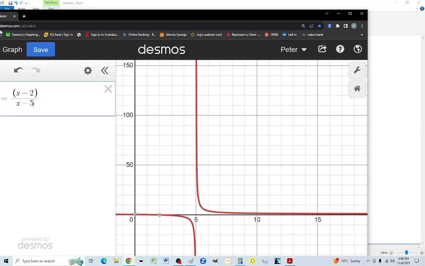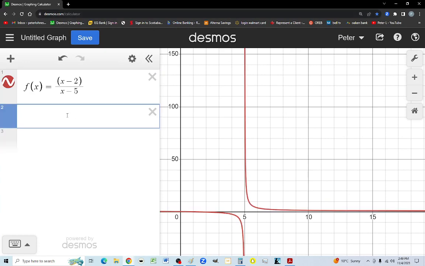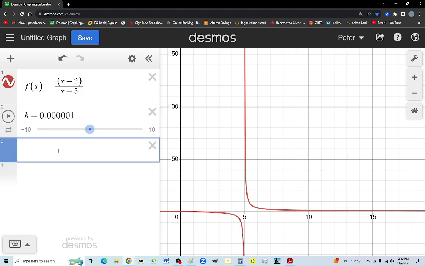Where would the average rate of change be the same as the instantaneous rate of change? Okay. We don't know what a is. I'm just going to call a equal to something, and I'm going to make an h. We're going to find where f of a plus h minus f of a, divided by h,